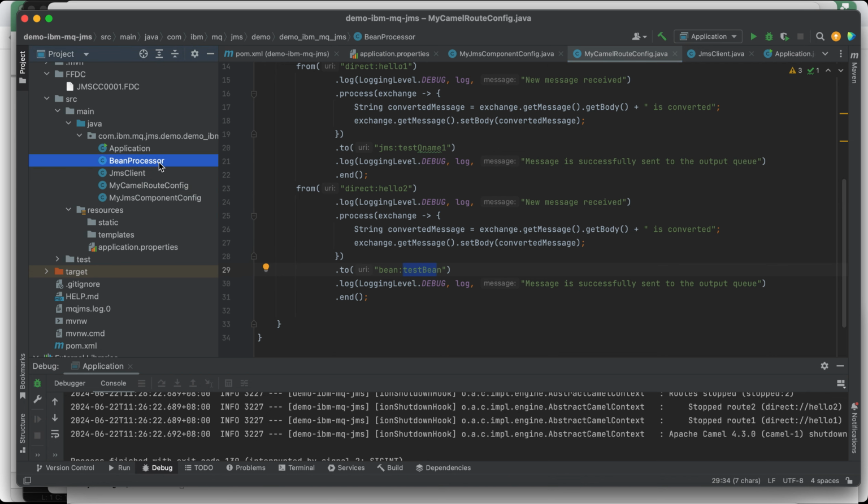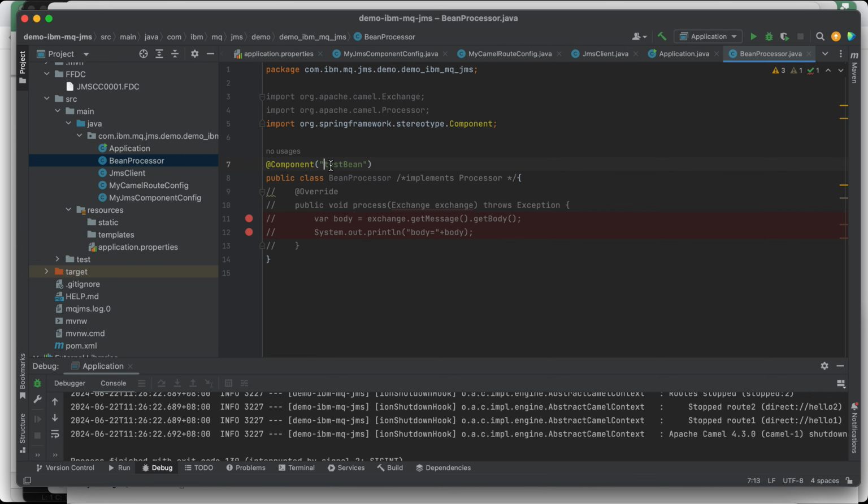So I created a new bean, this one, test bean. We have to implement a Processor interface for this one, so that Camel can pass the message to this method.